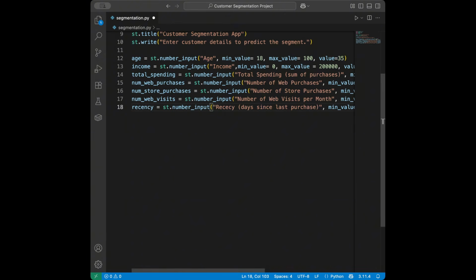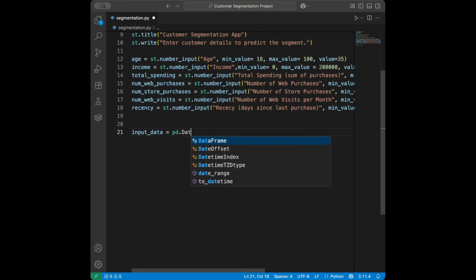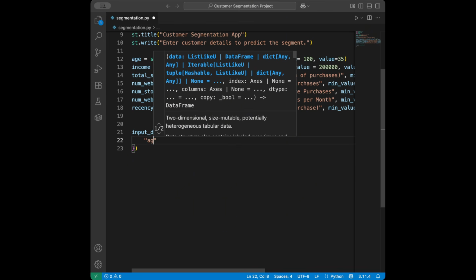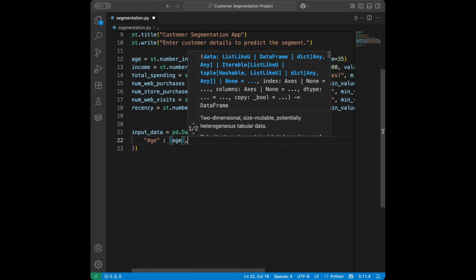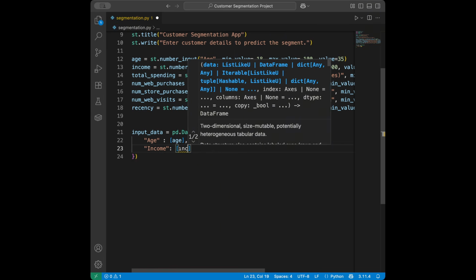Okay, great. So we have all those ready in here, and next what we are going to do is collect our input into a data frame. So let's say input data for that, and it's going to be pandas DataFrame, and let's start with age like this. It's going to be age, and income, it's going to be income,